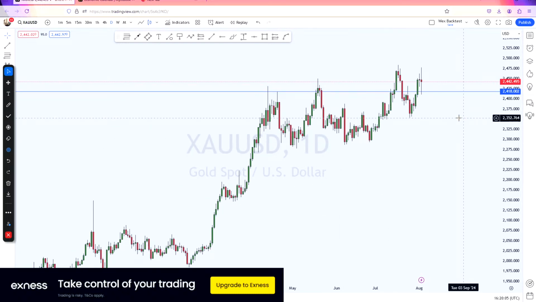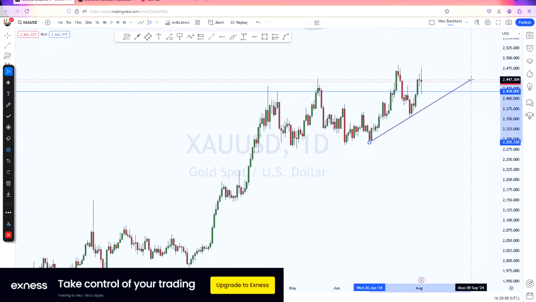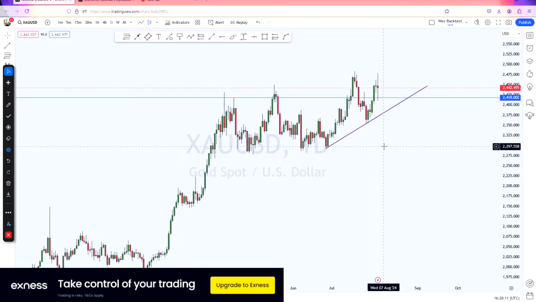The daily looks bullish to me. If I put this trend line, you can see it's still trading bullish. We did see a low created, which looked like a double bottom. Price did bounce off that support level. So we are yet to see a new high to confirm that price is still going to do more buys.